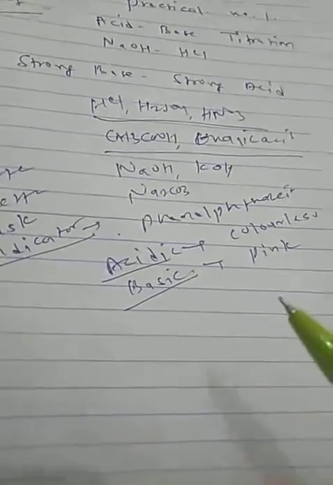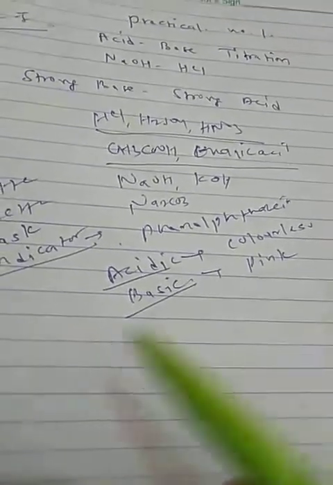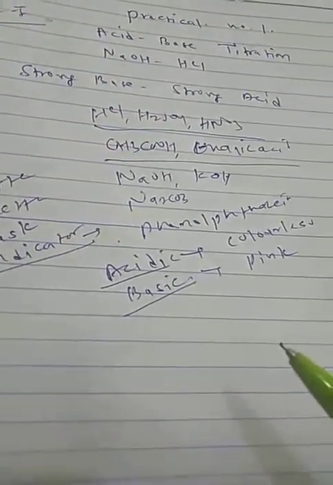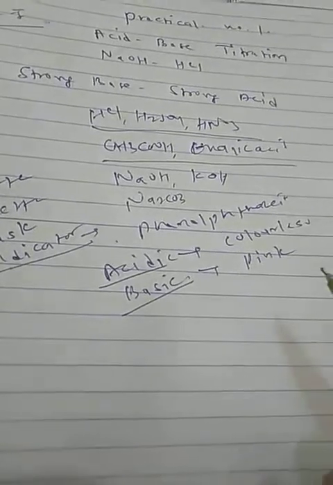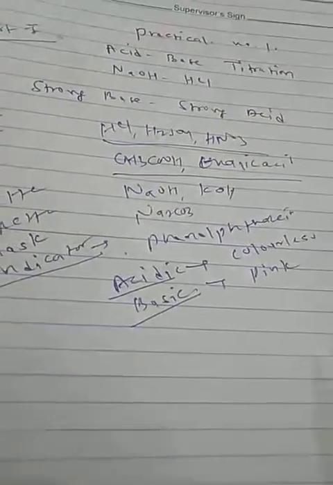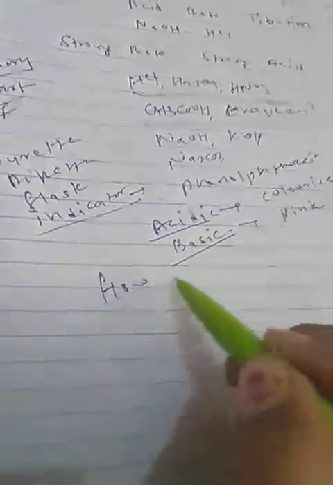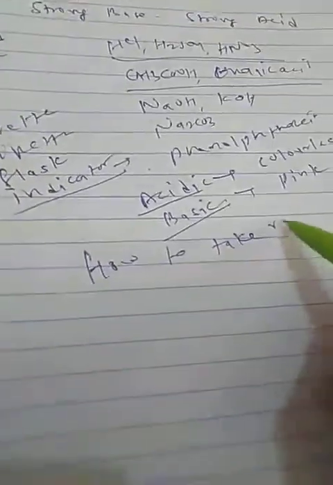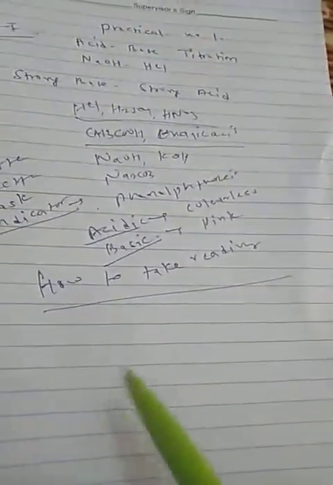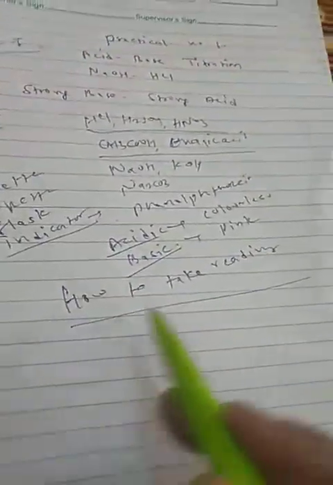Already you saw, I showed you a magic. Sometimes I was adding acid, and sometimes I was adding base. So the more basic the solution, you get pink color; less base, meaning more acidic, you get colorless. Like that I taught you. In the next lecture I also taught you how to take the reading. After this calculation, tomorrow I will upload a video again on YouTube first. So whenever you are free you can see how to take the reading.